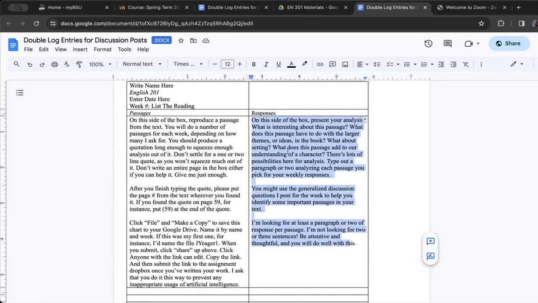Over here, you might say, Achilles doesn't seem too heroic. He seems like a whiny mama's boy who's crying to his mom when he doesn't get his way. Is he really a hero? In a nutshell, I'm looking for a passage here and your analysis of it over here, within about a paragraph or two.